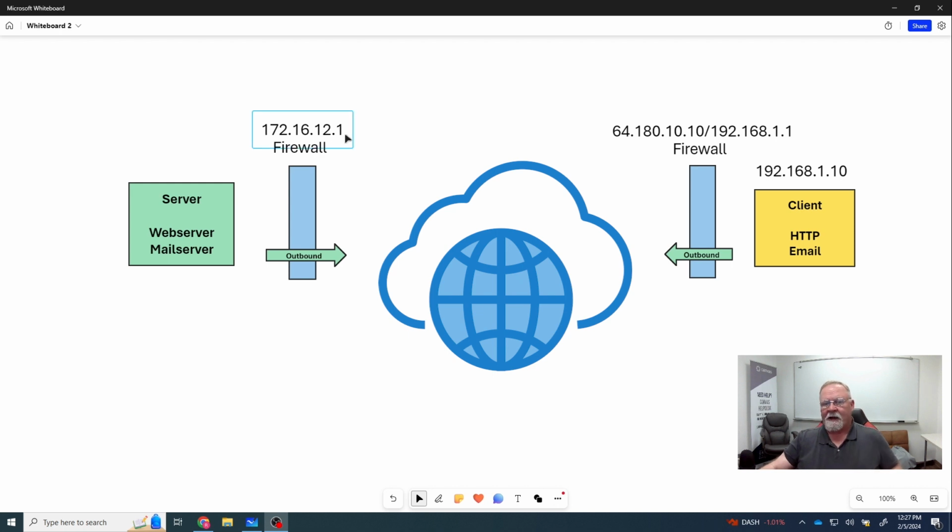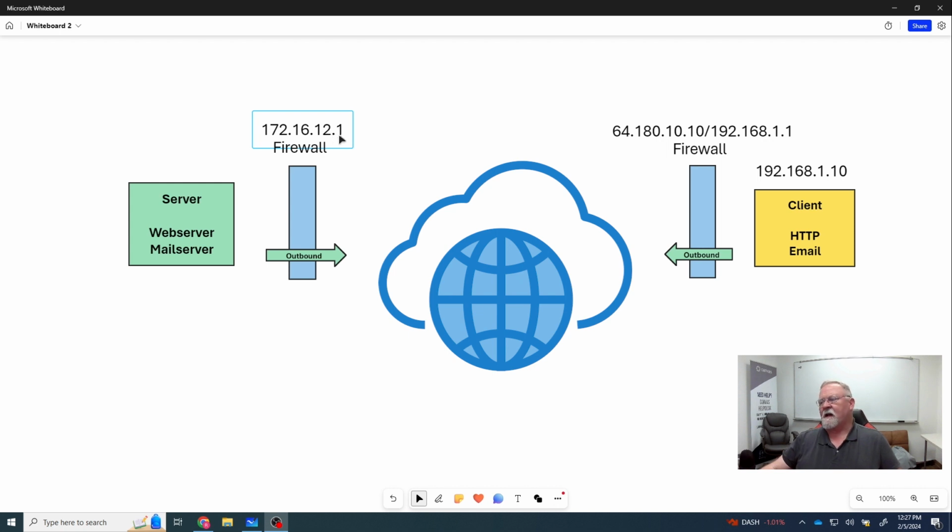Now, your server has a public firewall, a public IP address on the outside of its firewall. It's set up just like your client is. Basically, you've got a public IP address that's publicly routable, and then on the inside, it's got some kind of private IP address, which we don't really care about. The private IP address of the server does us no good unless we're trying to hack into the server network. So essentially, this is all we care about: the public IP address of the server and the DNS records that